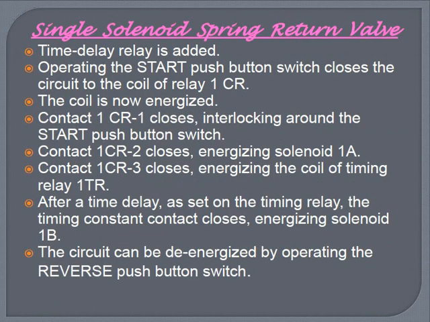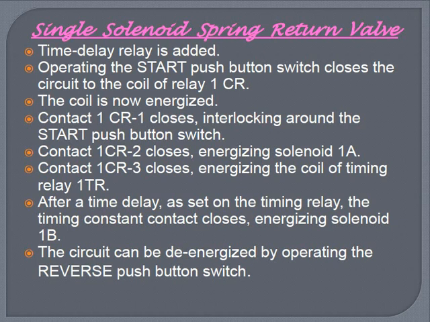Single solenoid spring return valve, where a time delay relay is added. Operating the start push button switch closes the circuit to the coil of relay CR1, and the coil is now energized.